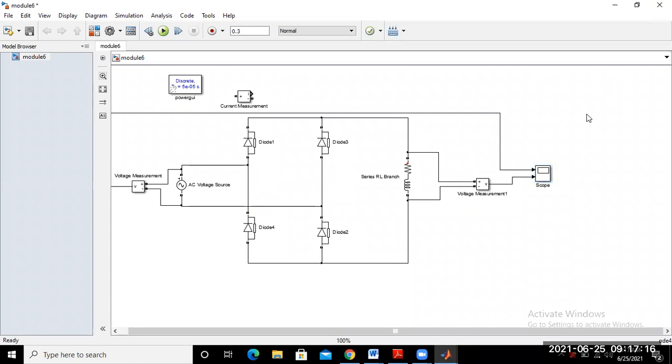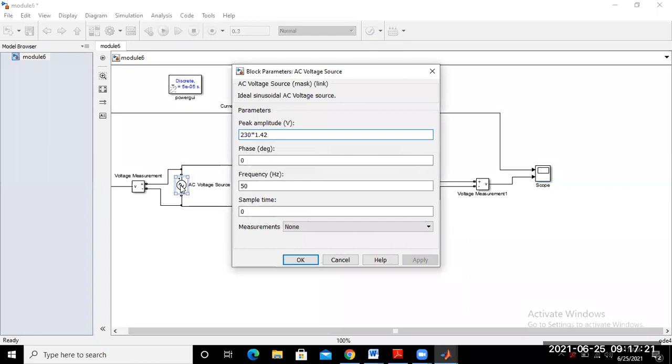If you want to change the input parameters, suppose you consider 210 RMS voltage, then 210 into root 2, that means 1.42.